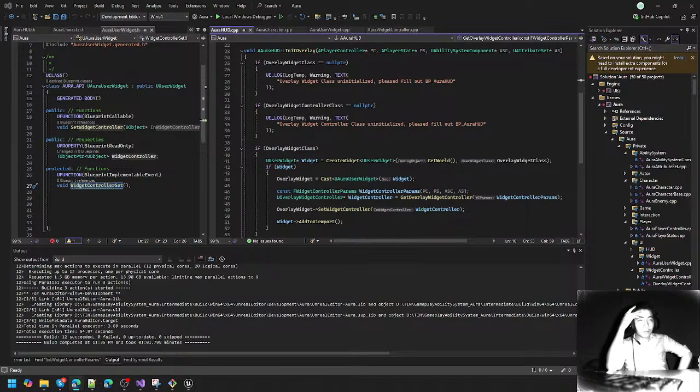So we can right click, we can say widget controller, we can get that. And this is just a U object, but the cool thing is it's been set here, which means if we can cast it to overlay widget controller, we can bind to those delegates. But if I type overlay widget controller, well, we don't see anything here. And that's because back here in C++, our overlay widget controller needs to be a blueprint type, and we should make it blueprintable as well. Blueprint type means we can do things like use it as a type in the event graph,